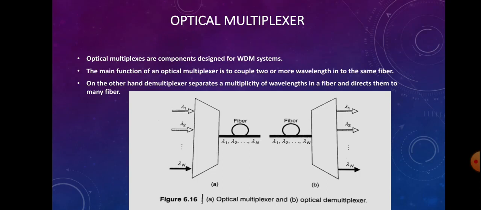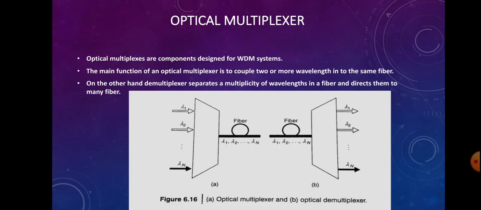First of all, let us see what is an optical multiplexer. An optical multiplexer is designed for use in WDM systems, that is wavelength division multiplexing systems, and its main function is to couple two or more wavelengths into the same fiber. Similarly, a demultiplexer is used to separate the different wavelengths in a single fiber into different